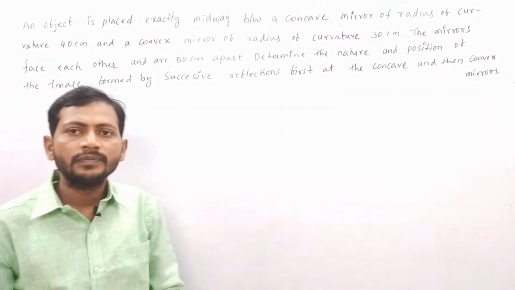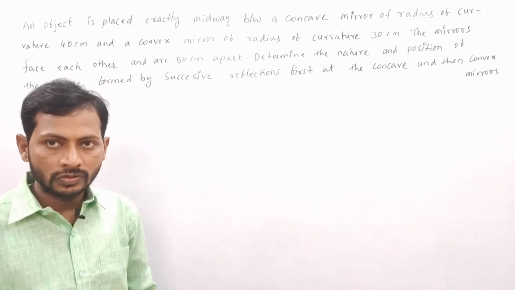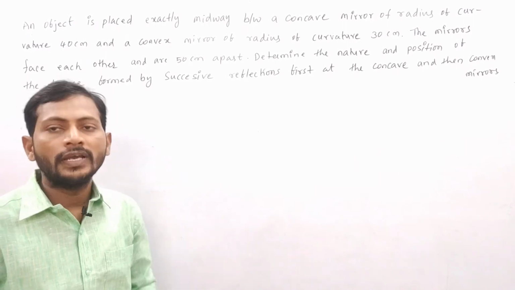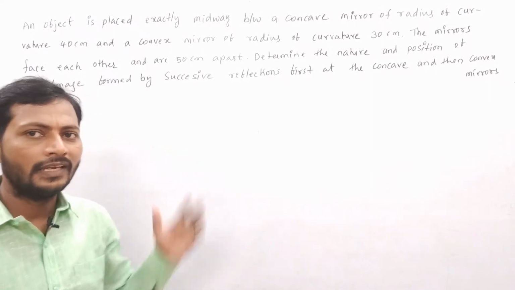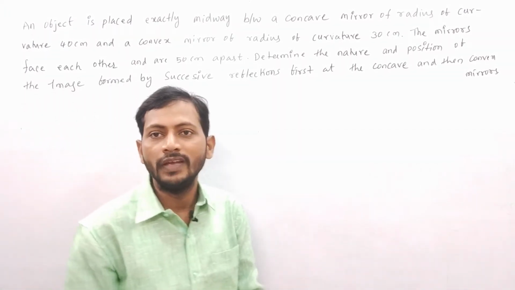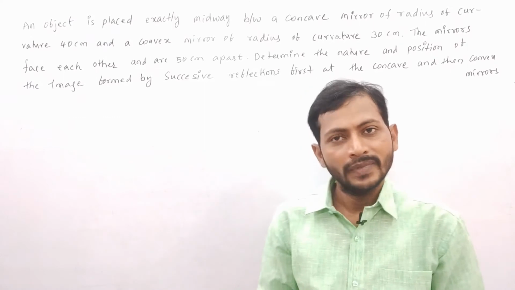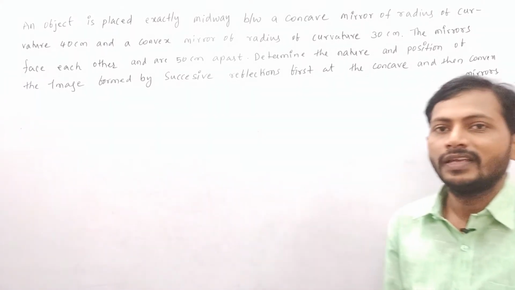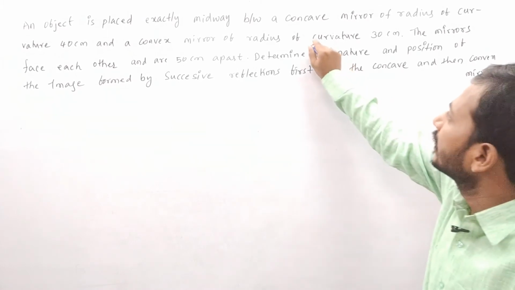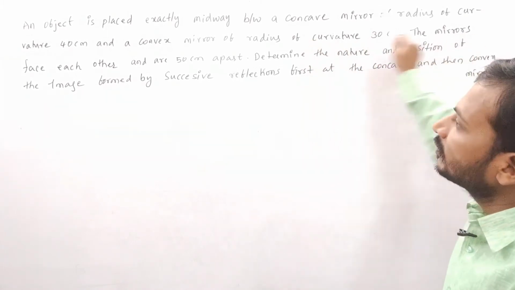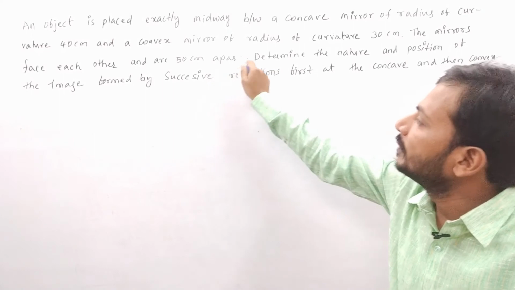So now here you have to understand the question thoroughly, then only we can solve the numerical very easily children. Don't feel fear just by seeing the question. It is a very easy question, I am here, don't worry. So listen here. How many mirrors are there here? The first is the concave mirror, the second one is the convex mirror.